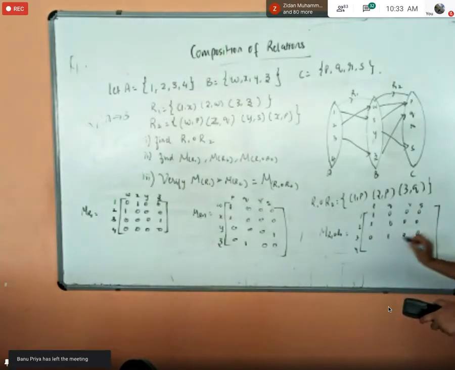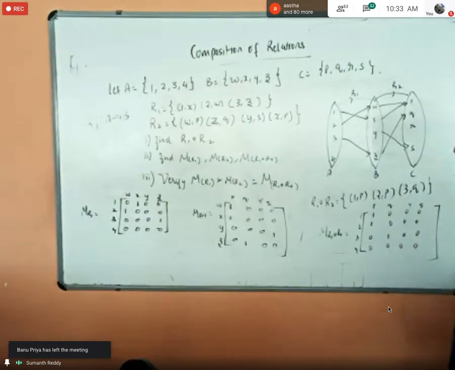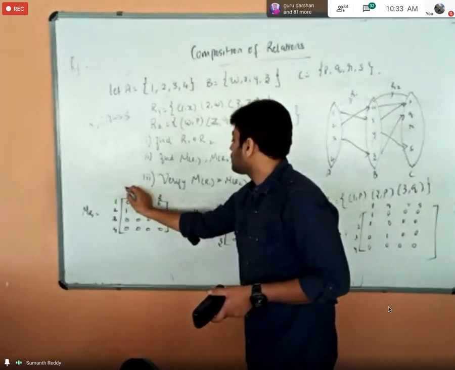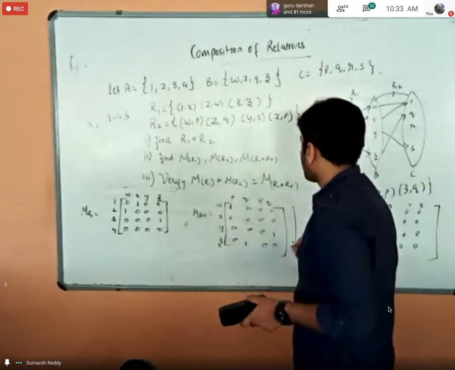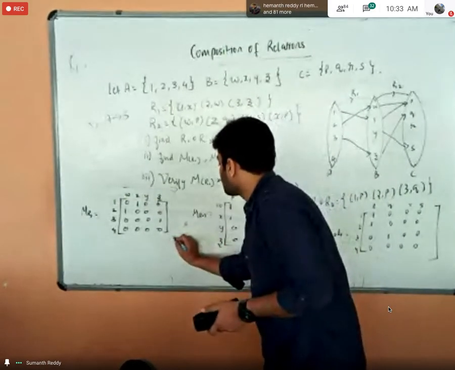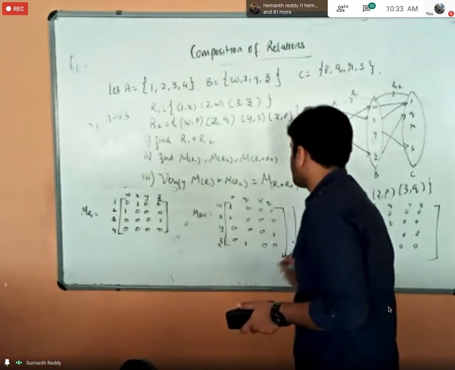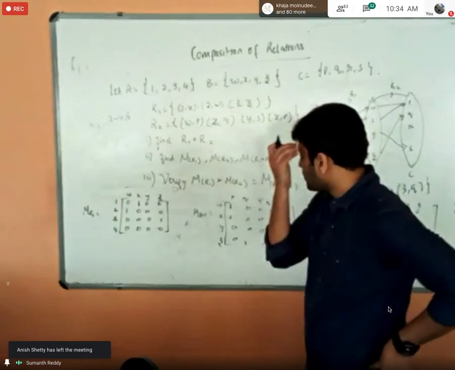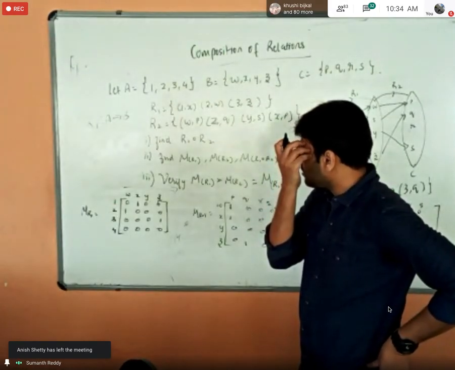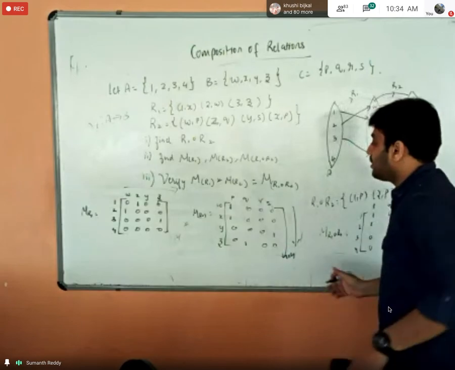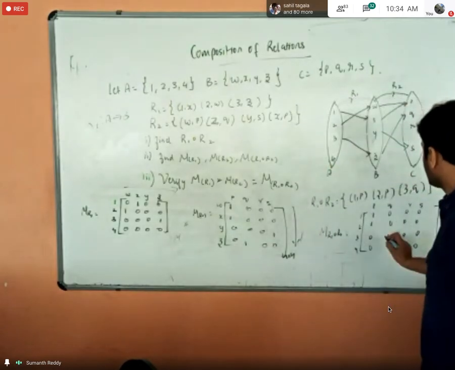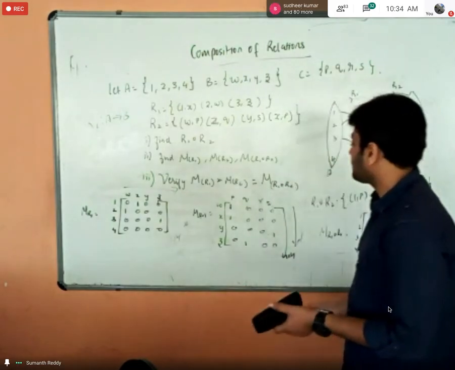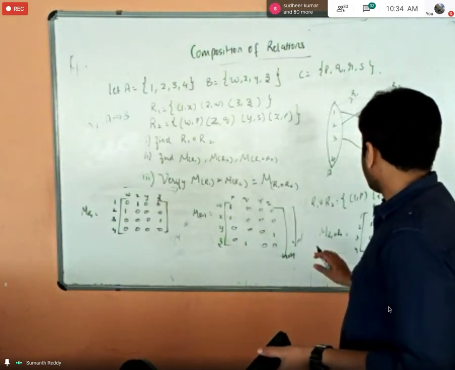Okay. And the third sub question is asking you to multiply. I think you already have an idea of matrix multiplication, right? So this is a 4 cross 4 and 4 cross 4. If you have to perform matrix multiplication, the number of columns of the first matrix should be equal to the number of rows in the second matrix. I think you already know those rules. So after doing the multiplication, you will get the same thing. I will not go in depth about matrix multiplication. I think you will have an idea about that.